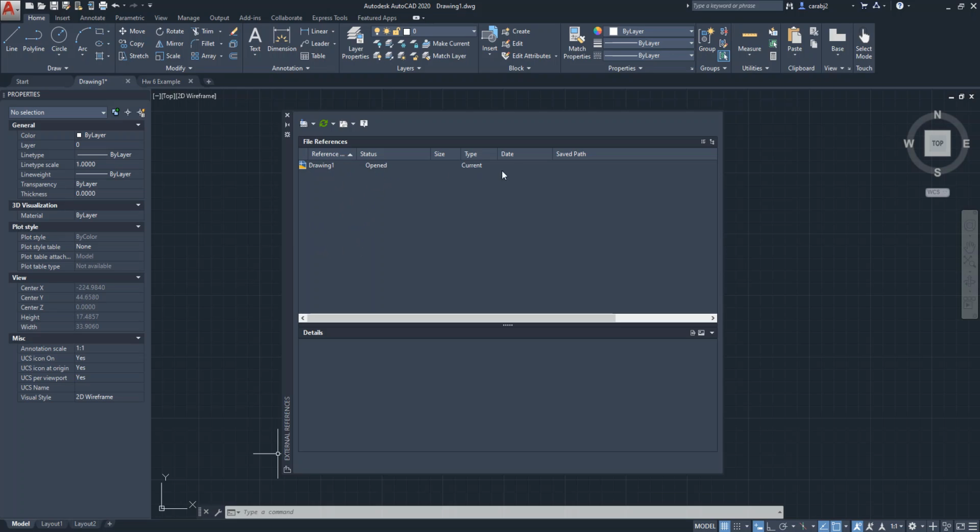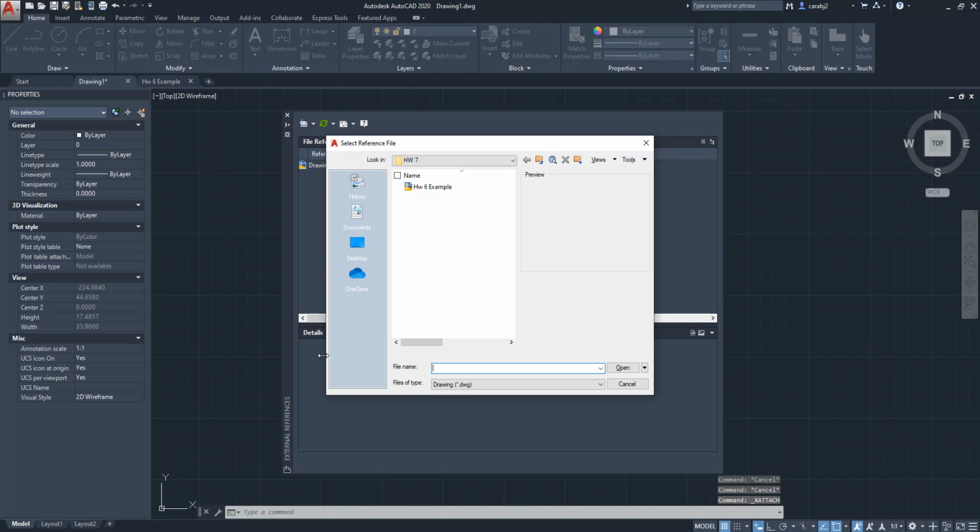But for right now, your drawing is here, it's the current drawing, and it's opened. In order to attach another drawing, you're going to go to this symbol up here. It looks like a little paper with a DWG and a little paper clip. So you're going to click on that, and then this window will pop up, and it's going to allow you to search your computer for any drawing, AutoCAD drawing, or any PDF or PNG, JPEG that you want to attach